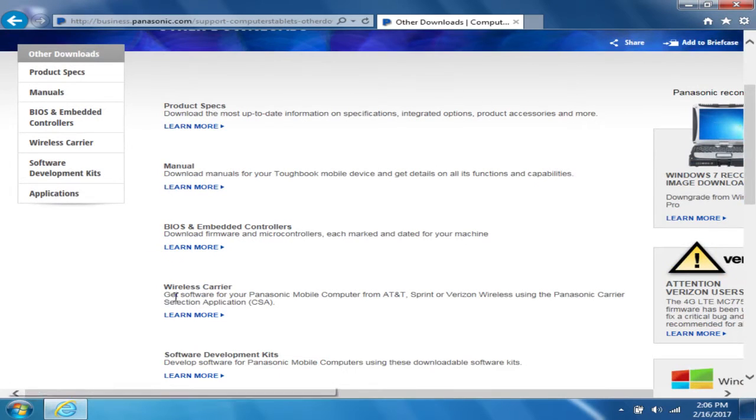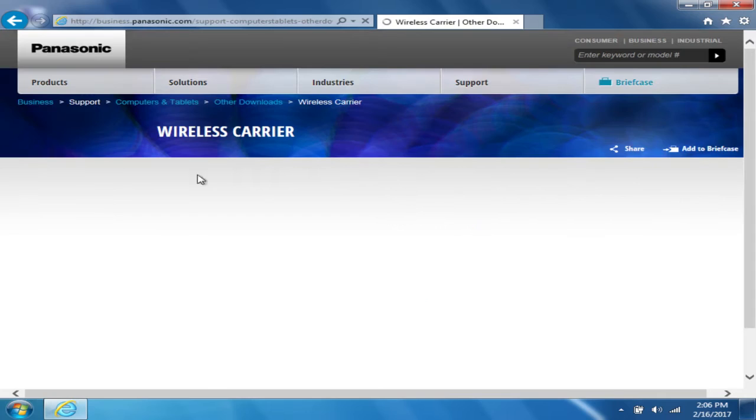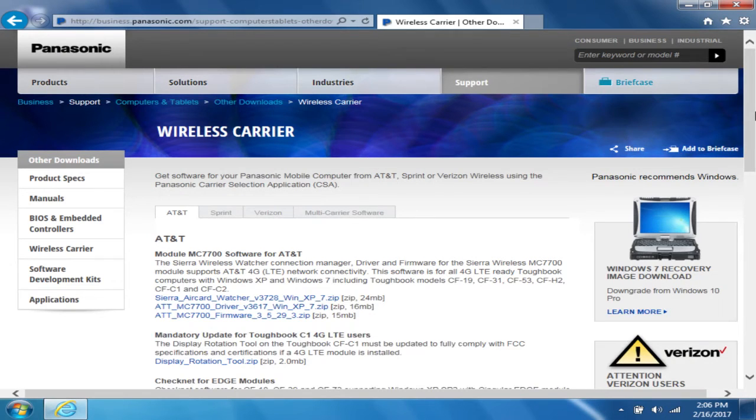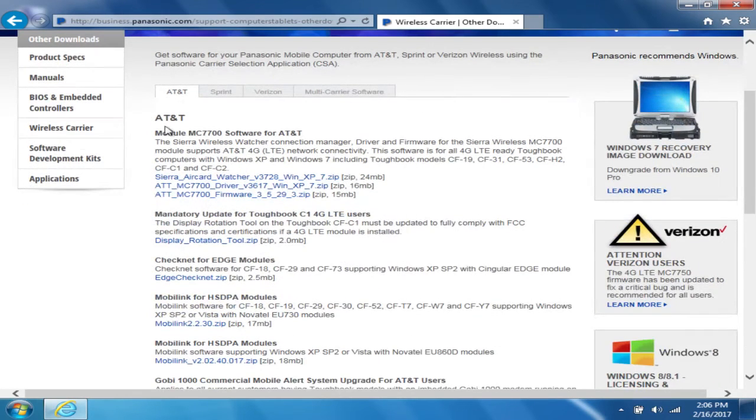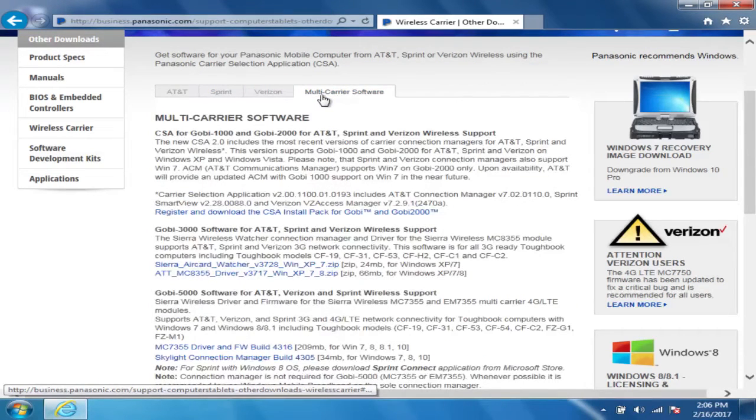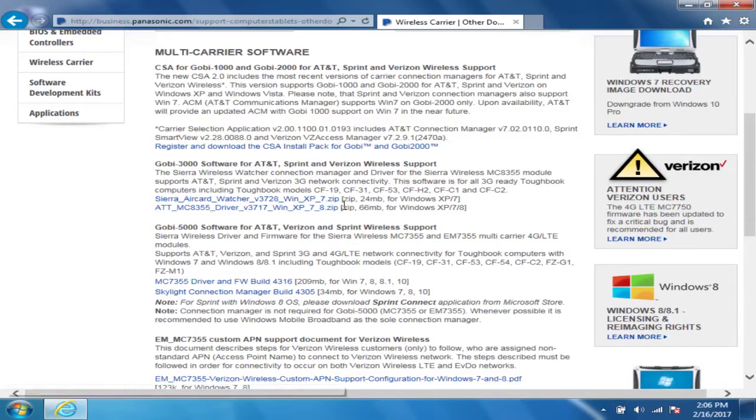Then you'll click where it says wireless carrier. You'll click to learn more. It'll take you to the wireless carrier options for the different cards. The Gobi 5000 being a multi-carrier card will show up under the multi-carrier software. Gobi 5000 software is here.